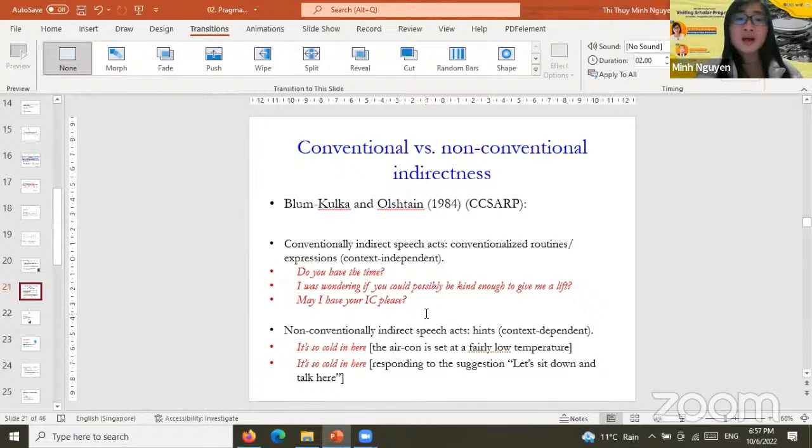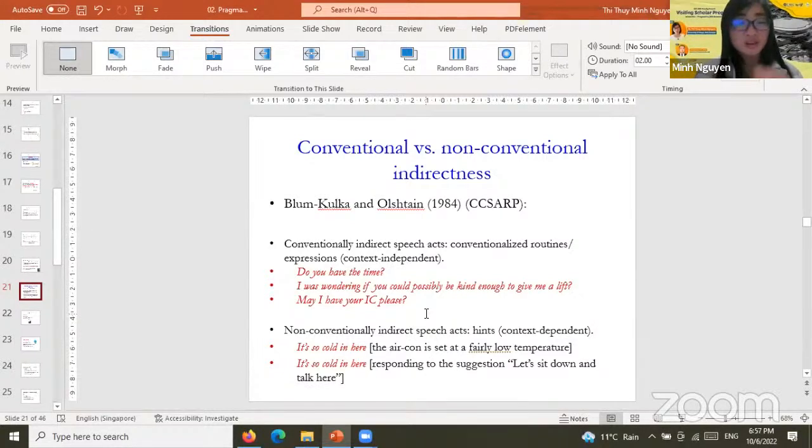So they are still indirect requests, but the intention can be recognized immediately because they rely on conventionalized language forms. Another example of a conventionally indirect speech act is giving an excuse to turn down an invitation. When someone issues an invitation, for example, let's go out for coffee, or let me take you out for dinner, and the other person responds, I'm very busy today, or I have an assignment to do today, every competent speaker can recognize immediately that it is a rejection,